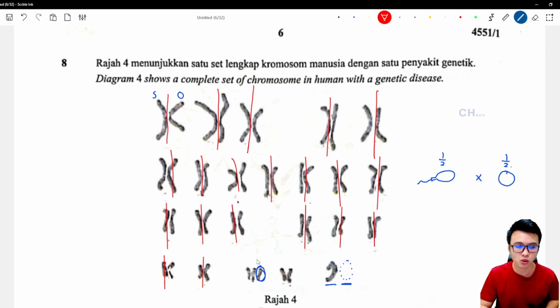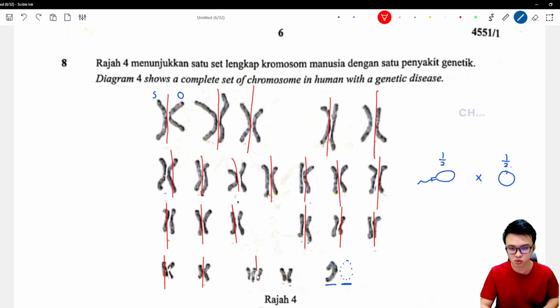Now come to the set 31st. You can see we have 3 chromosomes here. How are you going to separate them? Can you cut them in half, 1.5 and 1.5? No, the answer is no. So you either give one side 2 chromosomes, or you give it 1 chromosome. So there are 2 possibilities here already. Can you see that? What I will do is randomly choose one. I can give them one set.